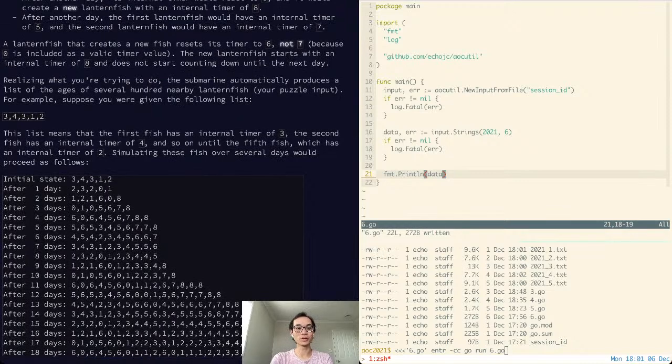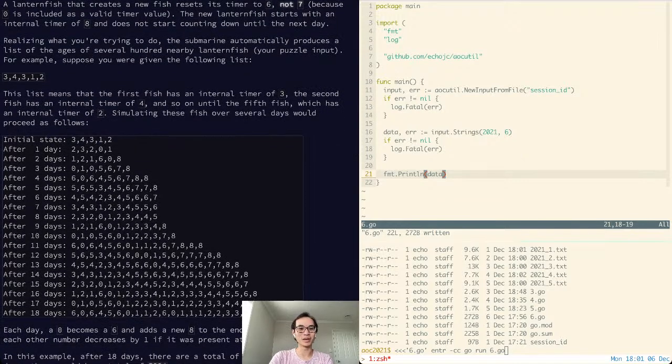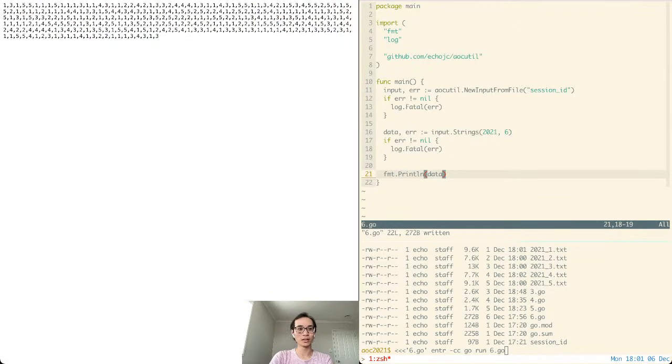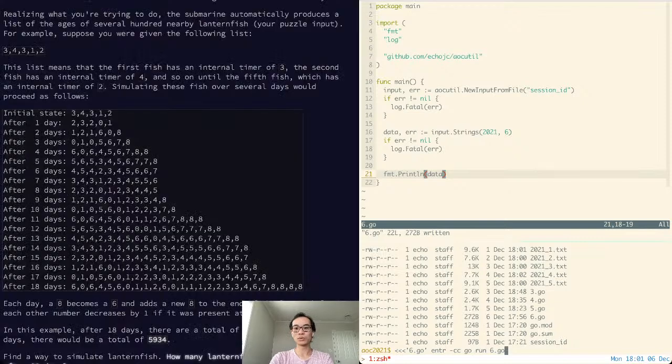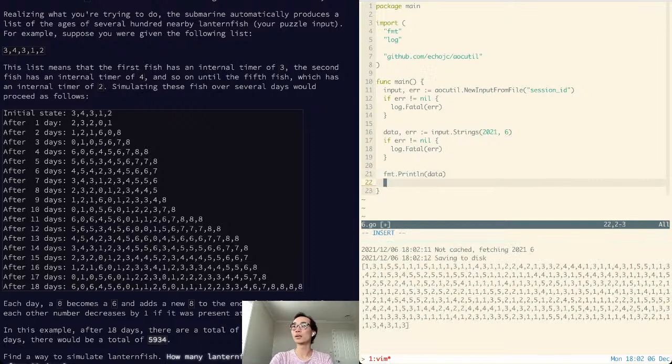Realizing what you're trying to do, the submarine actually automatically produces a list of the ages of several hundred nearby lanternfish, which is my puzzle input. I'm just going to bring that up and see what it looks like. Cool, it's a single line. So that actually looks quite nice to parse, because then we can just go,